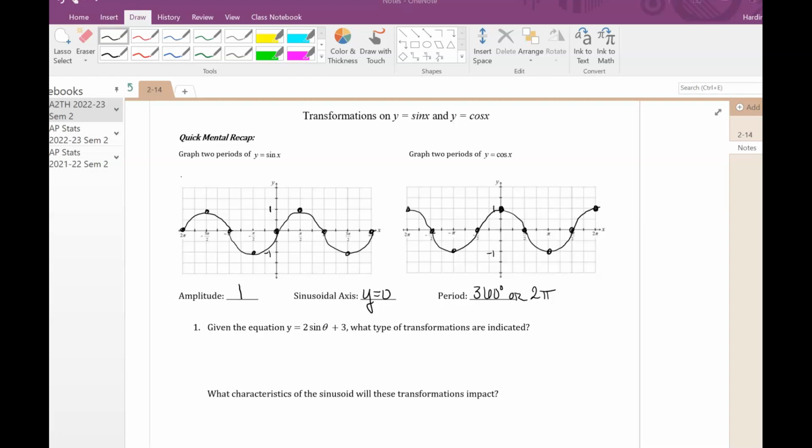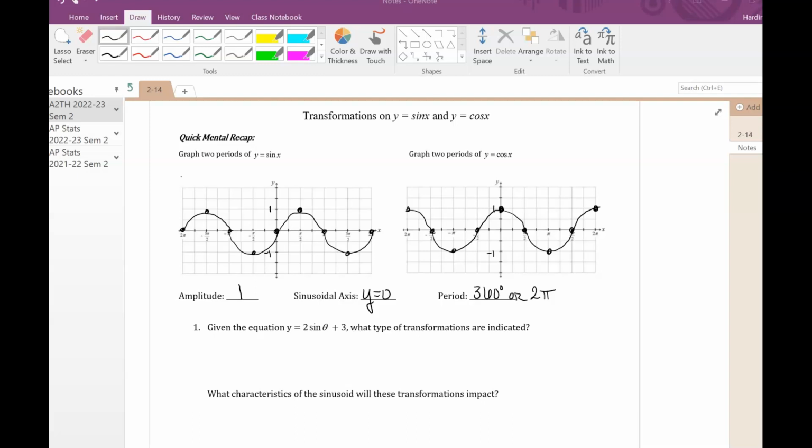We're going to do a video here for the notes. You should have gotten a new packet from your sub with a green cover on it. This should be the very first page that's in there. What we're going to do in this next unit is transformations of the graphs that we worked on in the